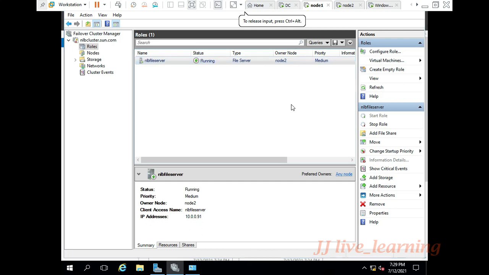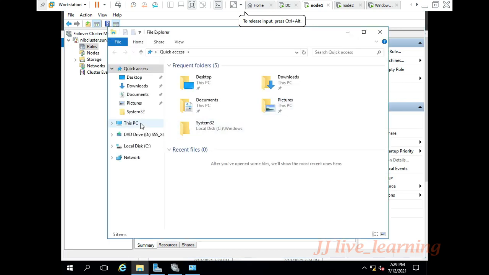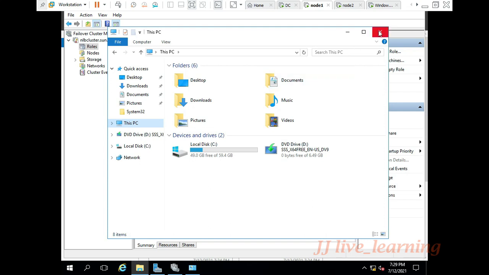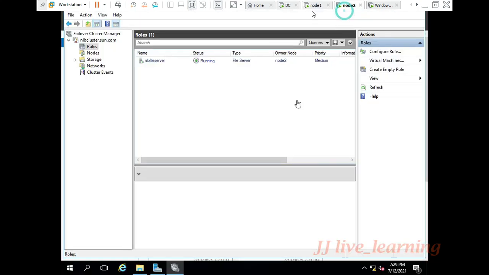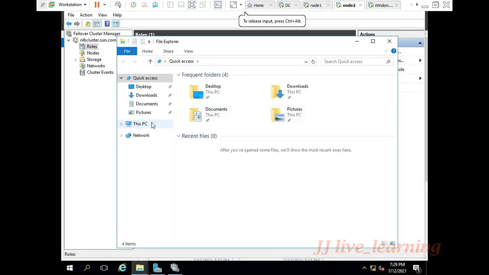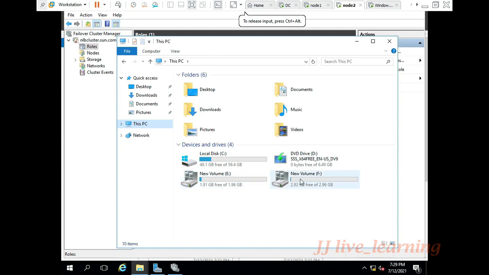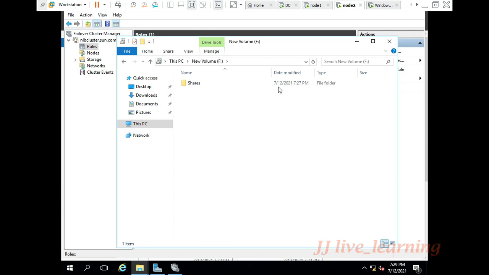If you go to node 1 and check the data available on your system, it never shows. The direct drives will not be shown here because the owner is also node 2. So just go to node 2. You can get the initiated disk here. On your F drive, you can receive the files. So you can see the share files. So the user data directory will be present on your node 2. Whatever data is put by the end users will be replicated on your node 2.